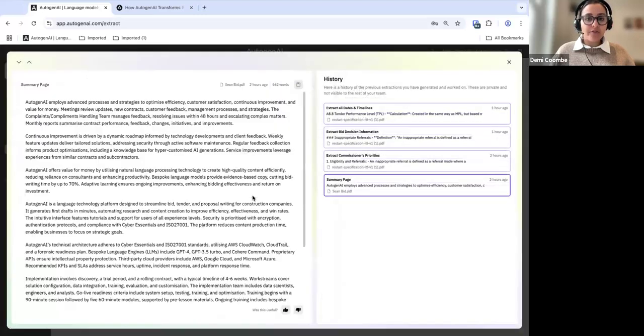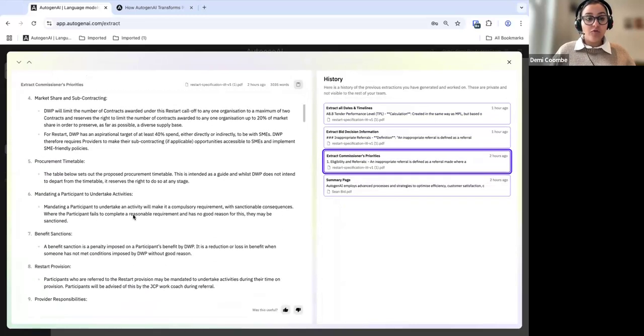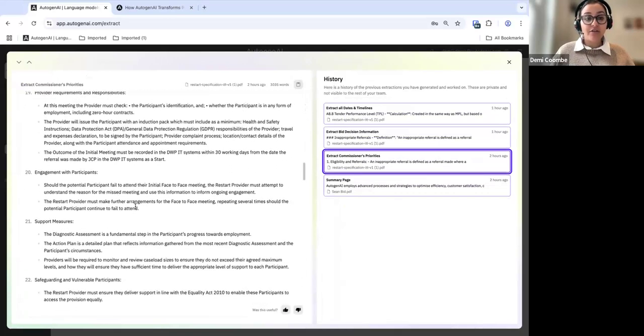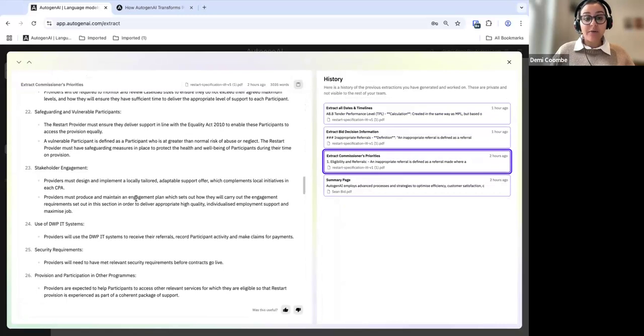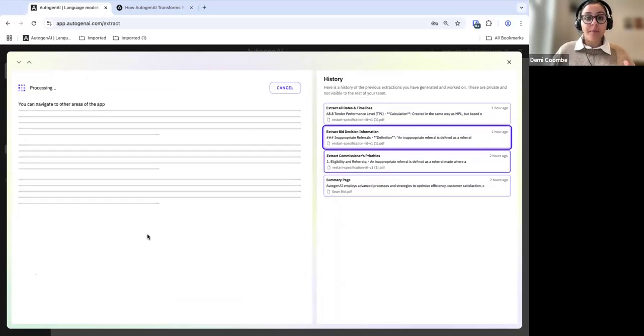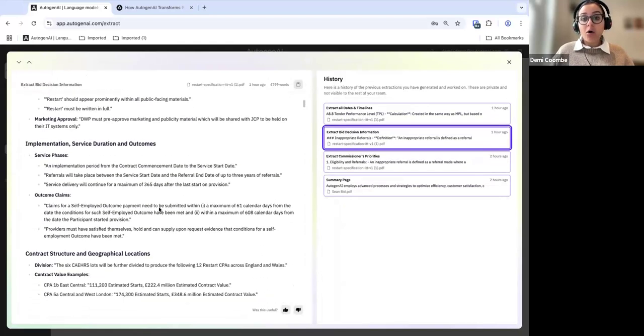So here's a summary of a document. It's summarized it down into 462 words. Here's the priorities from that specification, really highlighting that for me, extracting that core information so I can deduce exactly what this bid is about really quickly. Fantastic for those prepare and qualify phases in the very beginning stages of your bid, maybe helping you with those